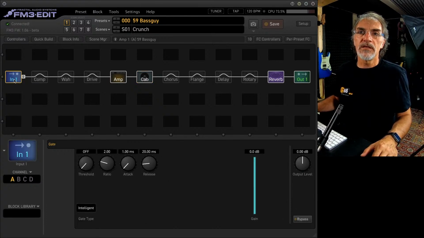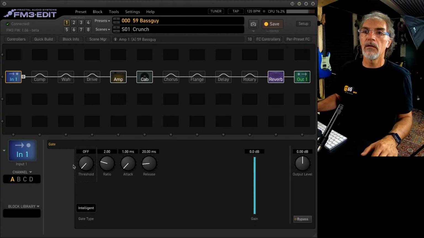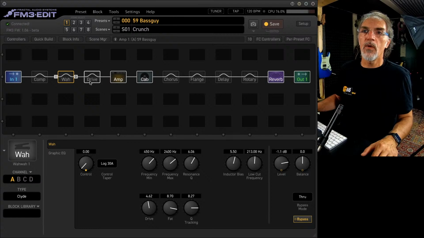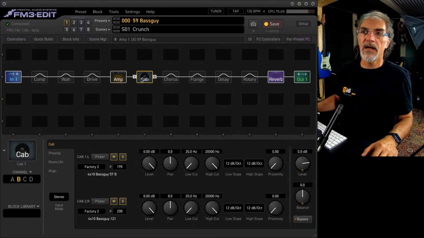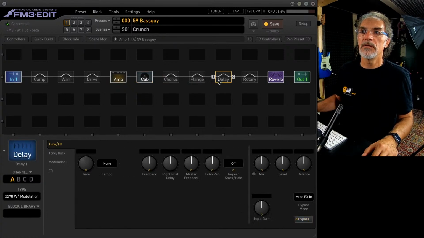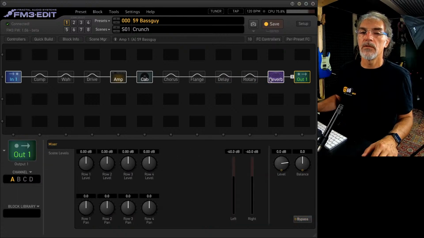On the left, this is the input block. If you select the input, you have here the parameters of the block. For example, there is the noise gate. And there are some effect blocks: compressor, wah, drive, the amp block, the cabinet block, the chorus effect, the flange, delay, rotary, reverb, and output.